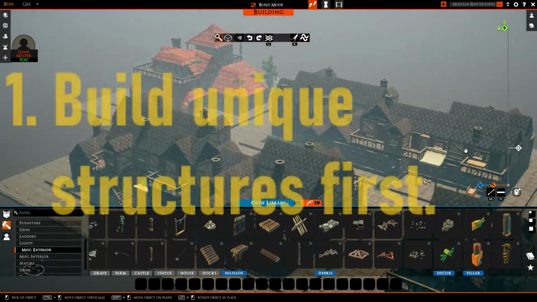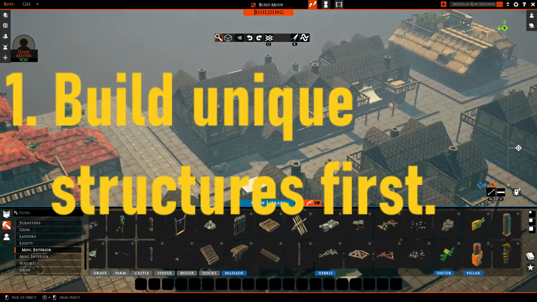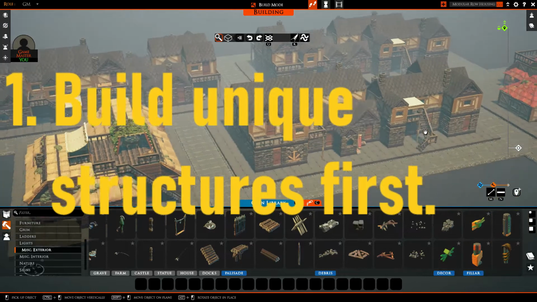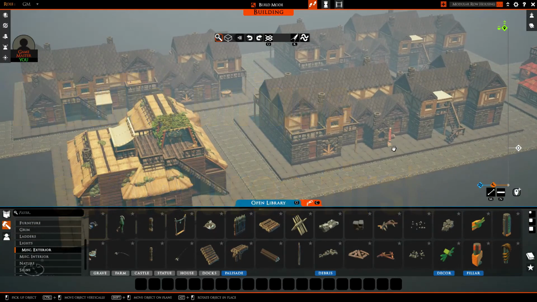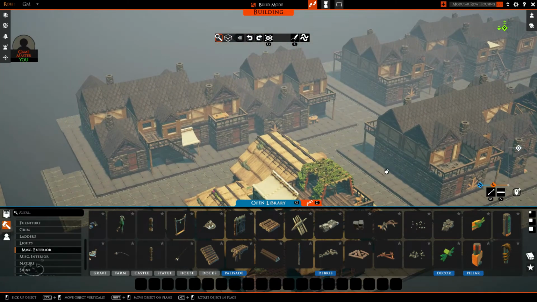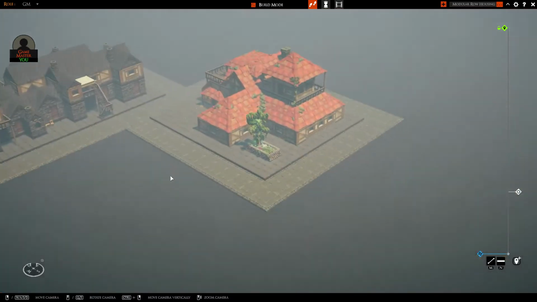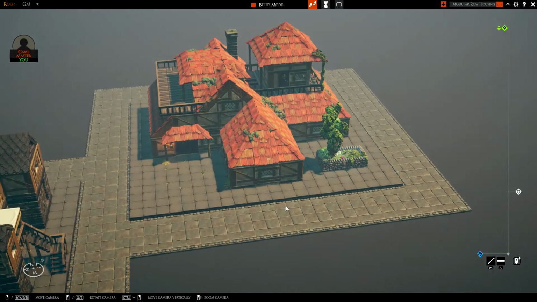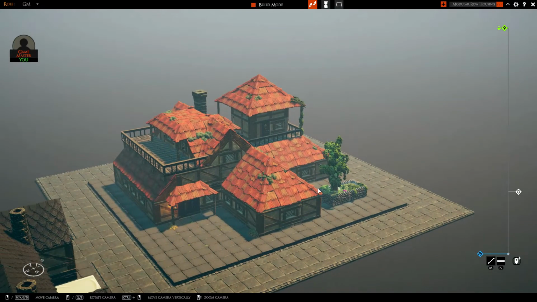The first tip is that every city is going to have a few unique buildings. You know what your city needs, what you want your players to be drawn to, so build those first. The temple, the keep, the tavern, the market, etc. Whatever it is that your city needs, you should get that set up first and then build the housing around it. I'll post additional builds, for example buildings of those later, but for the purpose of this video, I'm going